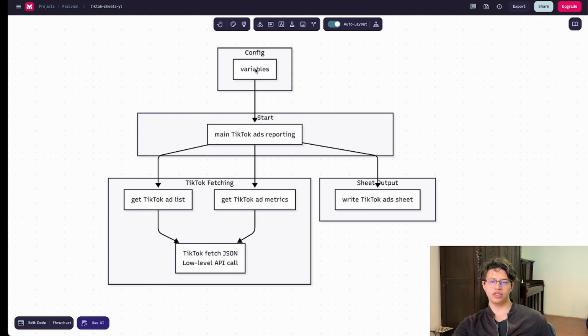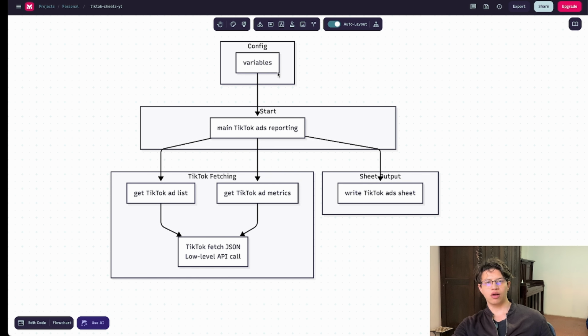So basically we have this config, and here we're gonna set the variables that we need, right? So this is gonna be in Apps Script as always. So we're gonna set up some variables here in the config, and then we will have a function that is gonna be like a main, and basically it's gonna orchestrate everything, right? So you can see that basically the idea here is that we will have